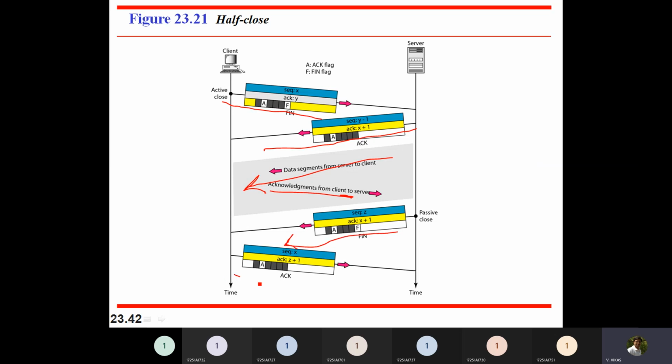Then you can respond with acknowledgement. This is called half close. That means one person who has completed communication closes the connection, the other party will keep on sending the data, and you can simply keep on acknowledging them, and at the end whenever that person says I am done transferring data, then you can get connection closed from the other side. Is it clear? Half close.